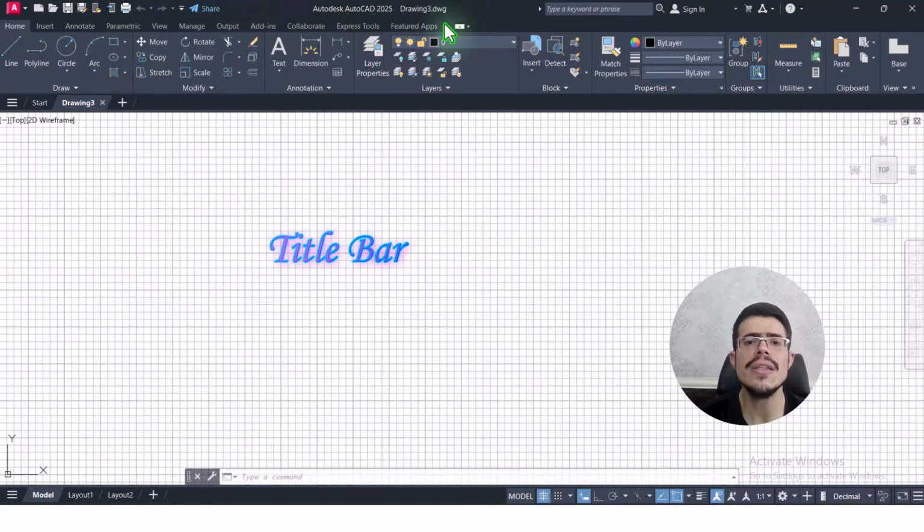Here is our title bar. Here you can see the version of your software. It's Autodesk AutoCAD 2025, and the name of your file plus the format in which it is being saved. The format that is generally saved is .dwg. But I wanted to inform you about this before assigning any name, because we haven't saved our file right now. So AutoCAD intrinsically gives the name Drawing